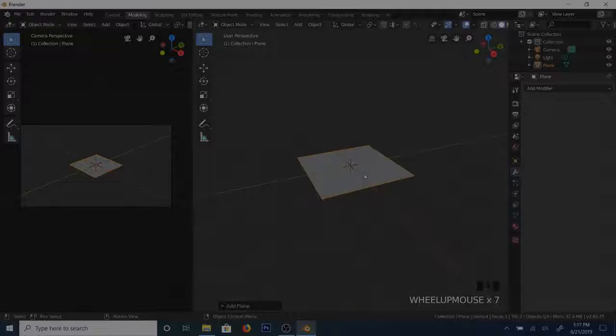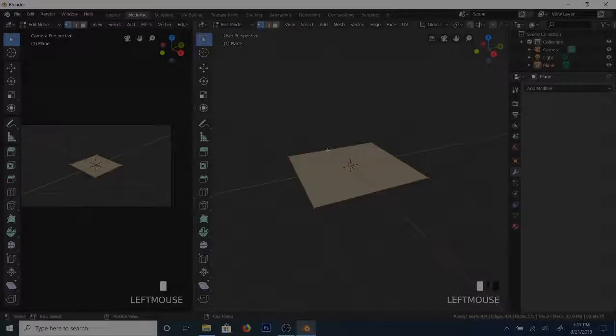Okay, we're going to zoom in using our wheel mouse. We are just rolling it up, centered upon what we want to zoom in on. We are going to go to edit mode. One can also use tab to do this. And up here, you're going to see